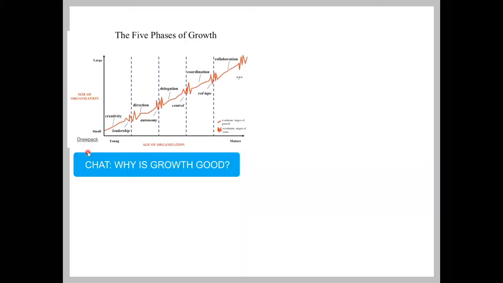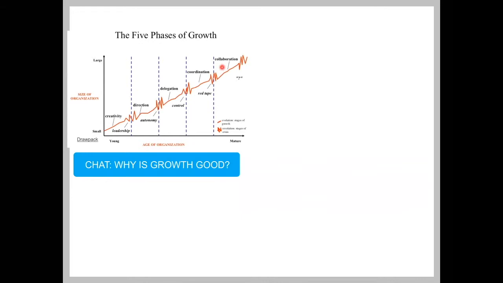So here's the first chart. All of these charts are useful in some contexts and not in others. This one's interesting because it's very common and easily found on the web. There's a website here for you to look it up if you want. It talks about the different kinds of leadership, creativity, direction setting, delegation, coordination, collaboration, different things that are required at